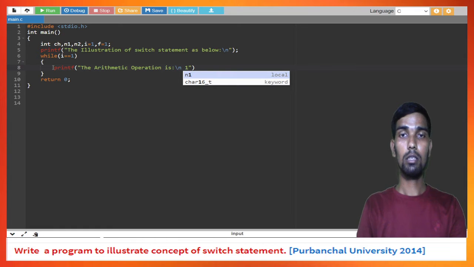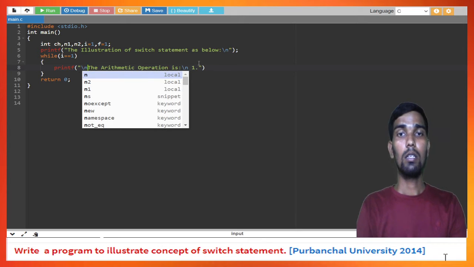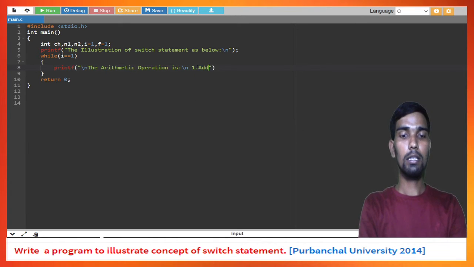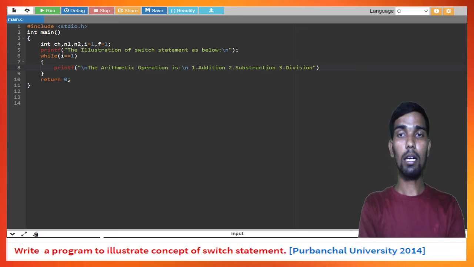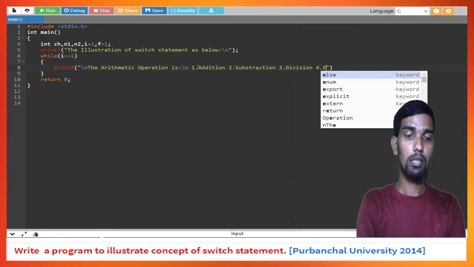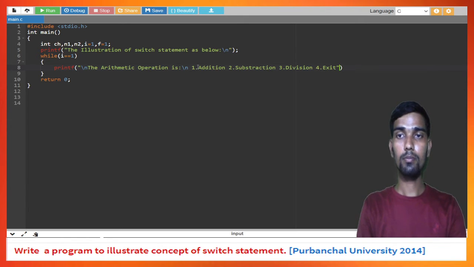Let me also break the line here so it will look much more fresh. At 1 we are doing addition, at 2 we are doing subtraction, and at 3 we are doing division. You can add other things, I am not adding. At 4 we will exit. Okay, and then after that what we will do,